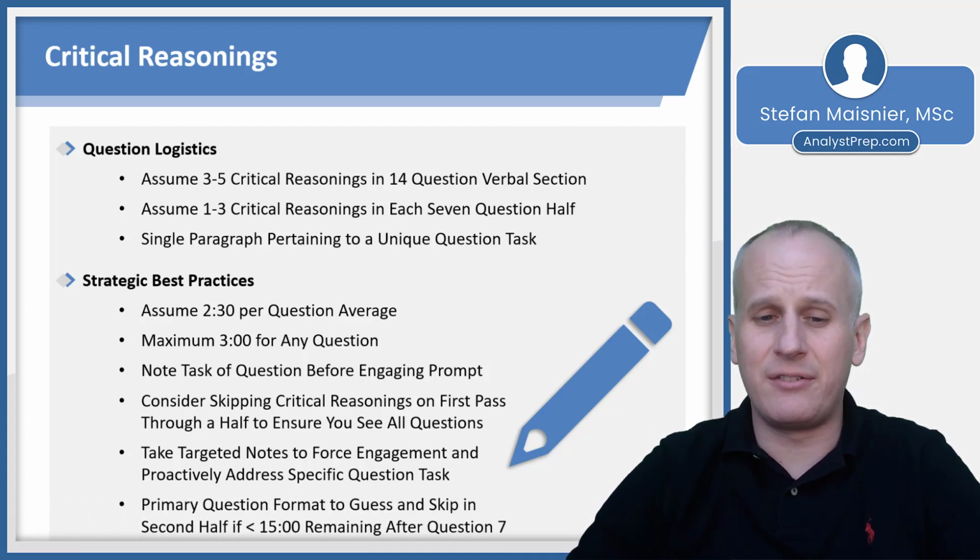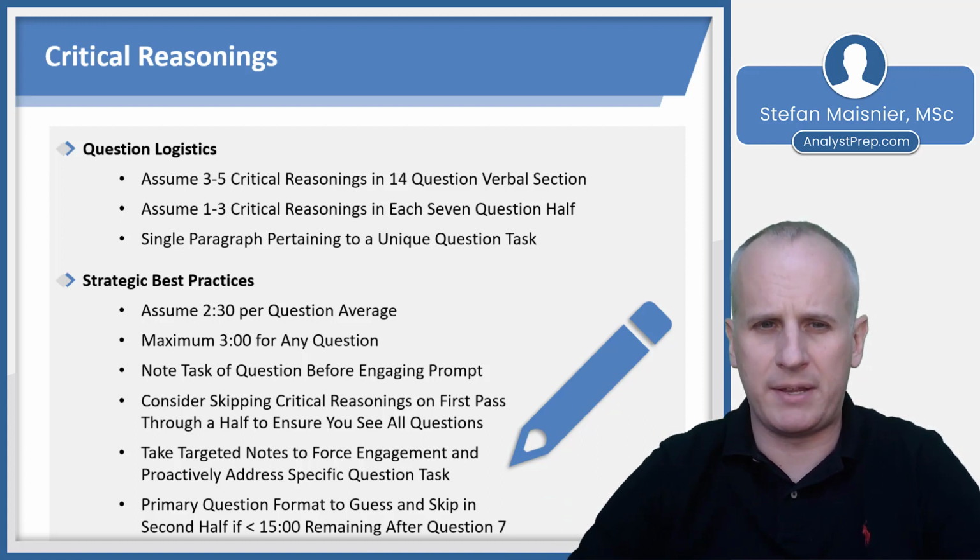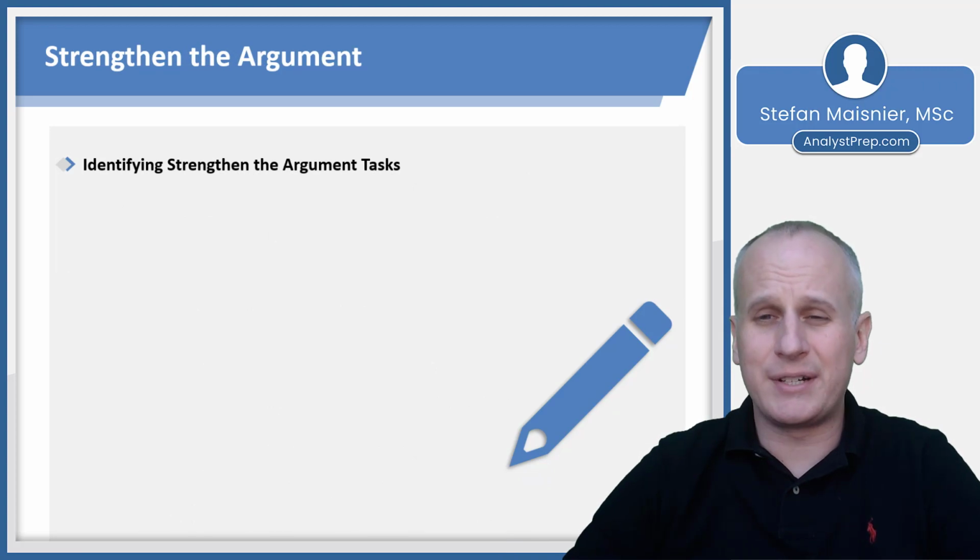And these are, of course, going to be the primary question format to guess and skip in the second half of the verbal section if you have fewer than 15 minutes remaining after question 7. Remember that our goal is to hit the harder difficulty second half of the verbal section, really every section on the Executive Assessment. So if you're under 15 minutes left, you may decide to just skip a critical reasoning to get back on pace. So now that we've talked about critical reasonings overall, let's talk about what may be the